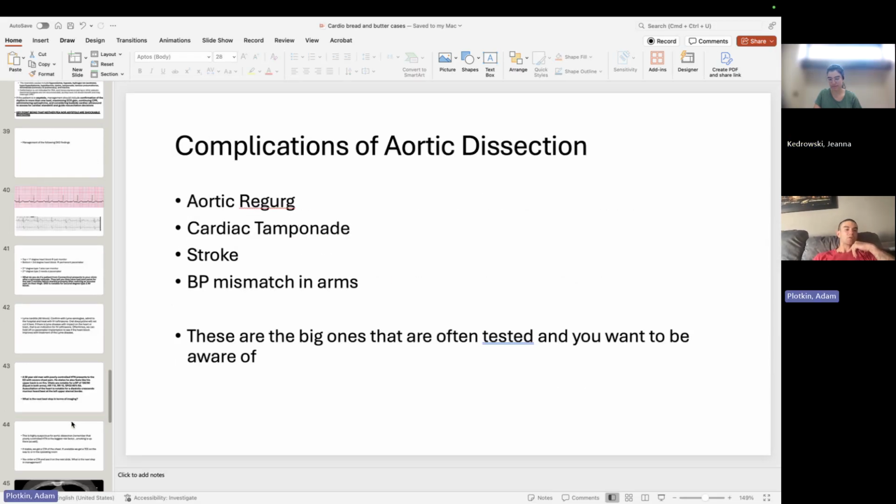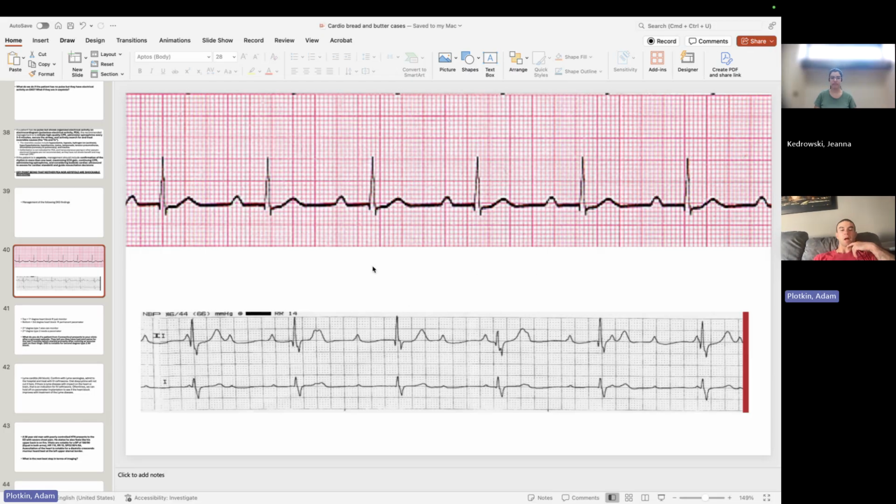I guess I don't have pictures of the other heart blocks. So let me just go back over them real quick. First degree is a long PR interval, so greater than one big box with no dropped beats. We just monitor. Second degree type 1 is the PR interval gets longer, longer, longer, and eventually we drop a beat, right? It doesn't have to be like 3 longers and then a drop. It just gets longer, longer, longer, and eventually we lose a beat.